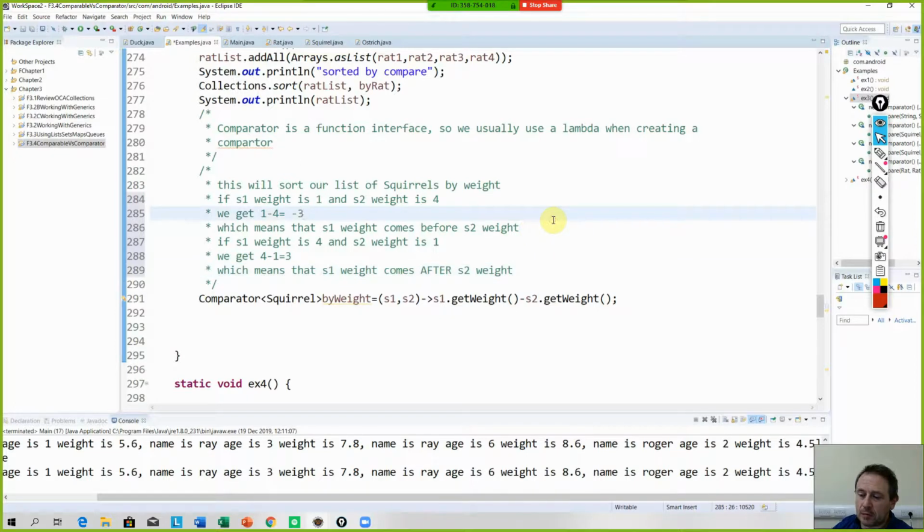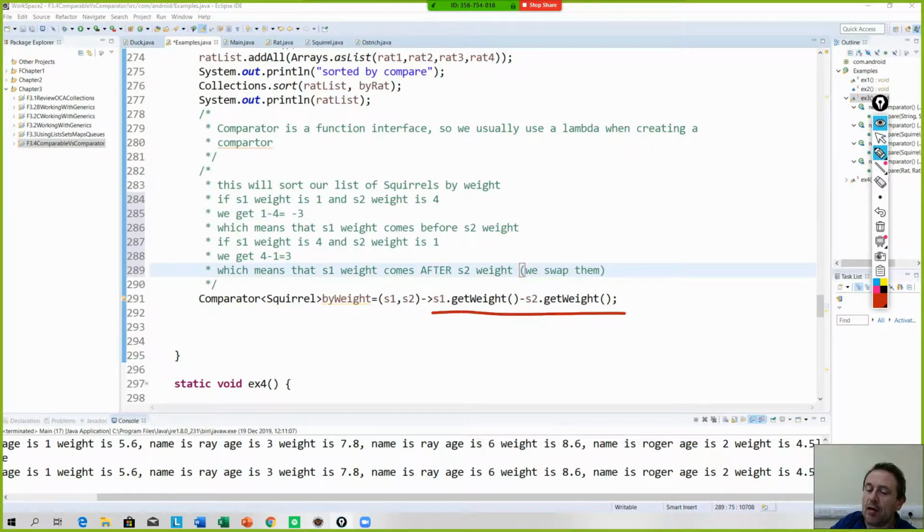Okay, so we swap them. You could say we swap them. All right, so that's how that works. Now, this will always sort in ascending order. Okay, this will sort in ascending order. Now, if you do it the other way around,